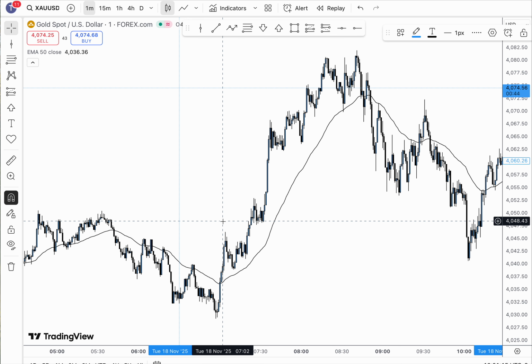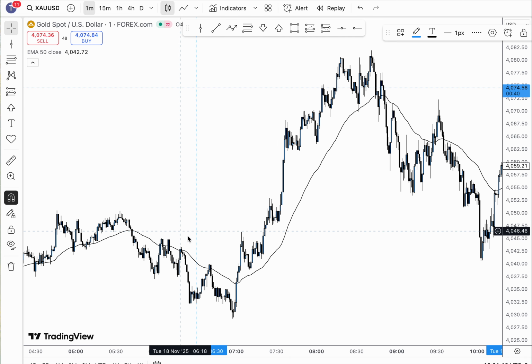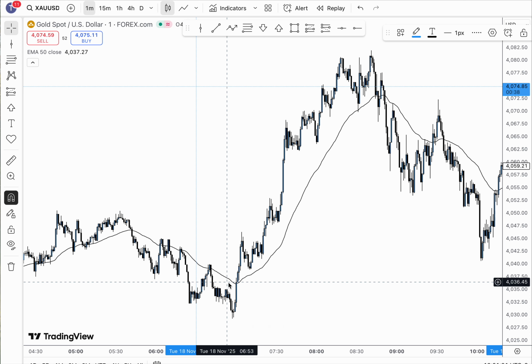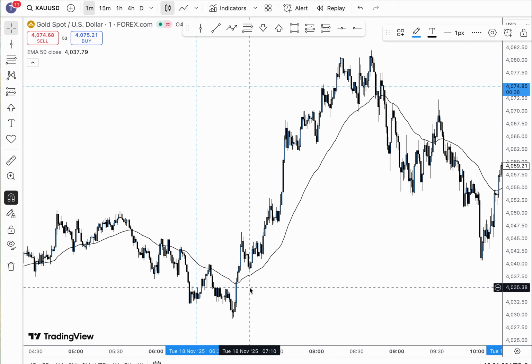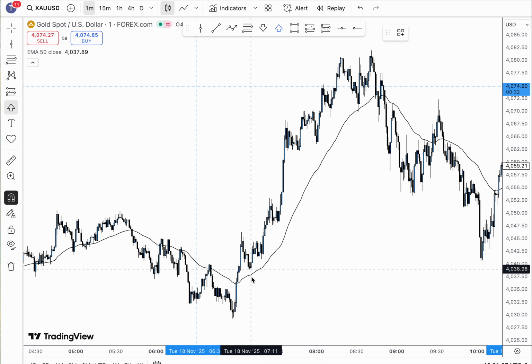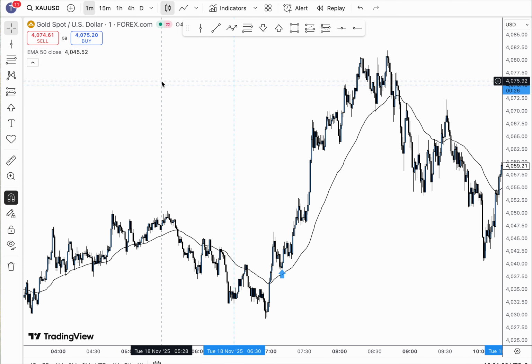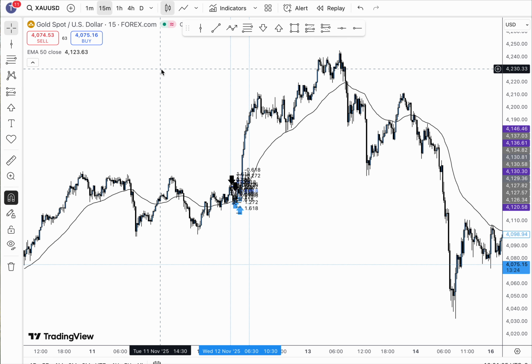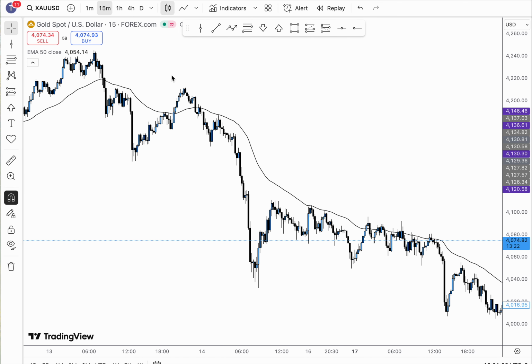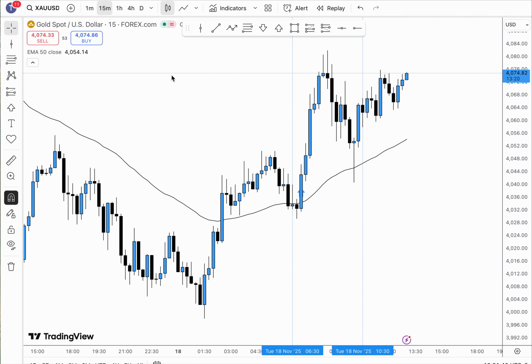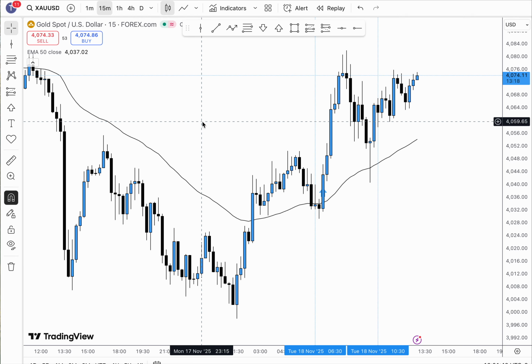So my first trade actually was a long position at about 7:11. So let's find that 7:11. The entry was somewhere along this region, right around here. So I'm going to show you what I saw, and let me break that down for you. So first things first, we were on the 15-minute time frame, and I wanted to identify the higher time frame